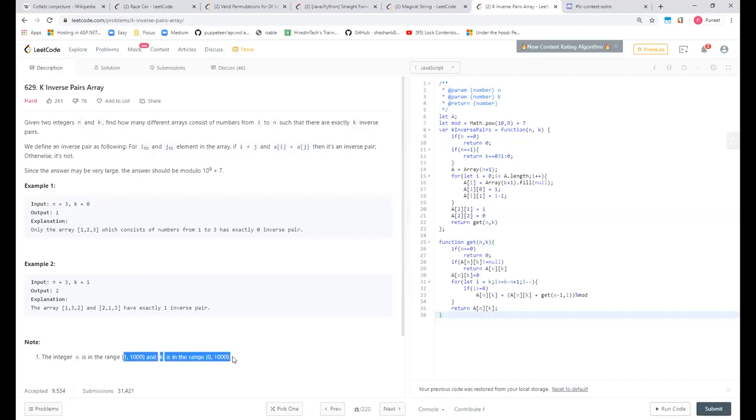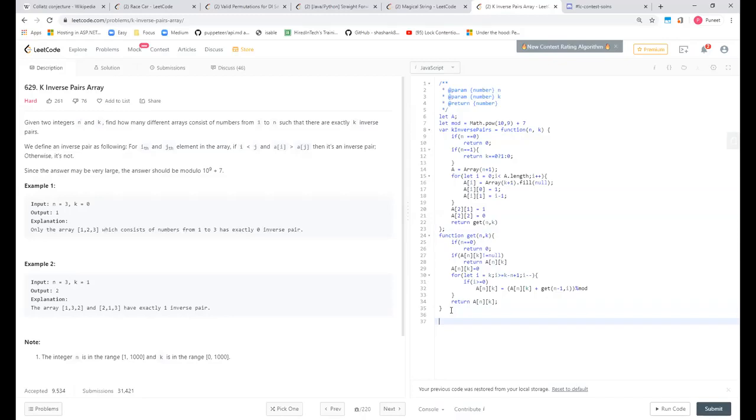Talking about constraints, I usually do not initially look at these numbers. I just try to get to some solution without looking at those. Maybe I should start looking at them also. I'm not that good at DP. Has anyone done it using DP? Build a solution if you want.